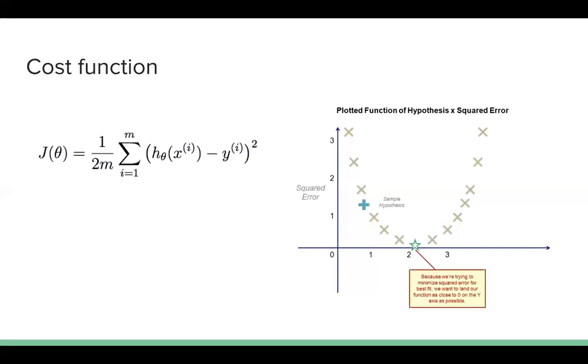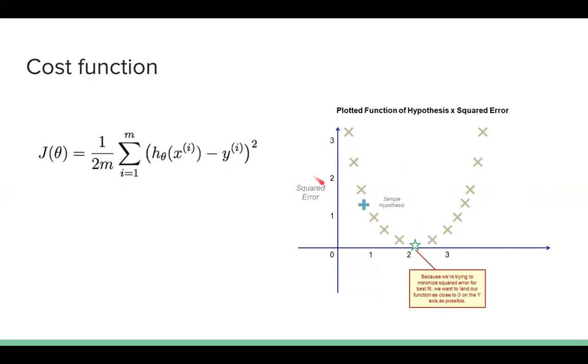So in machine learning, we call that mean squared error a cost function. Why are we calling it a cost function? Because our total objective in linear regression is that we have to minimize that cost. Here cost is nothing but the error. So we have to minimize the error somehow.